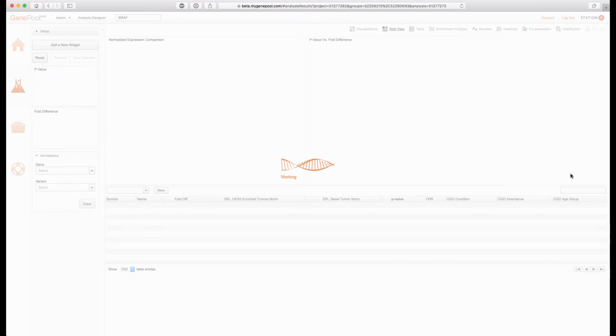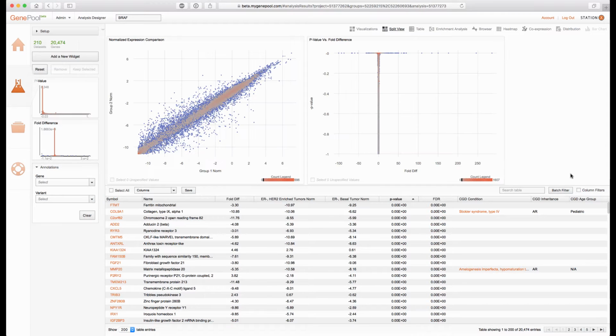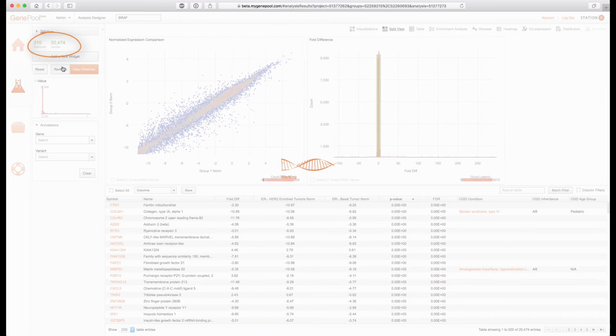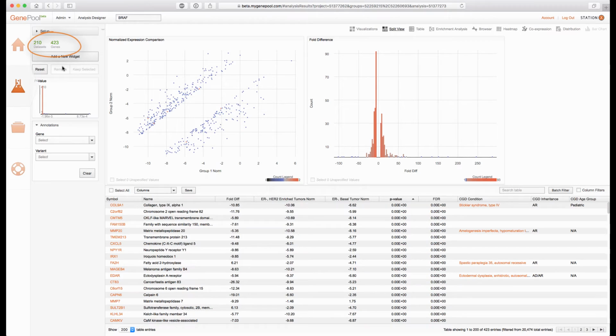So what GenePool is doing here is retrieving the expression data for all of those datasets in both subgroups, and then performing a differential expression analysis. Now, there's any number of ways I can filter the results on this page, but as I've said, I'm only interested in those things that are most differentially expressed. So on this graph of fold difference, I'm going to remove everything that's clustered around the middle area where there's very little difference in expression. Removing the genes that had very little difference in expression between the subgroups brings us down from 20,000 genes to